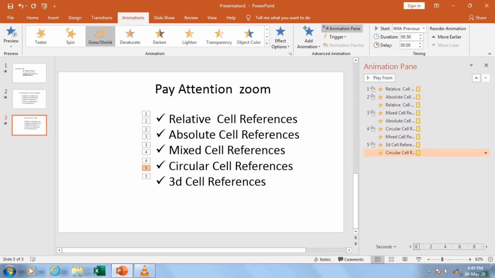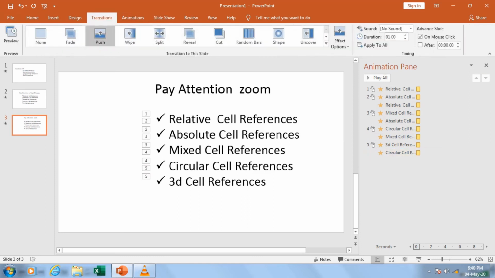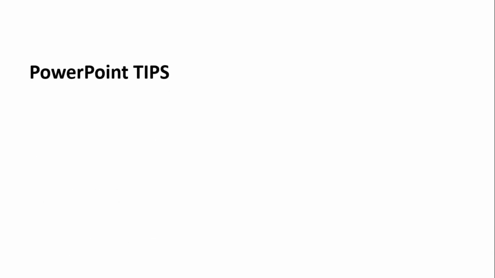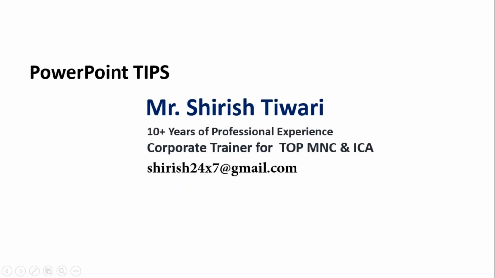Okay, after that what you can do is, we just simply go back to the slideshow. We just go back to the transition and apply some transition according to your requirement. Just say Automatically. Now we'll press the F5 button. When I press the F5 button, your presentation starts. Okay, this is a simple presentation which you are already aware of.